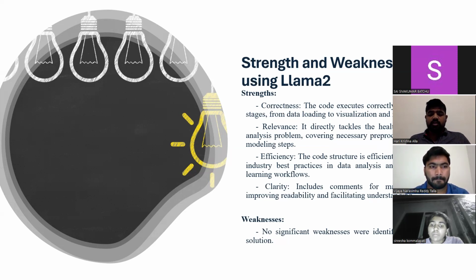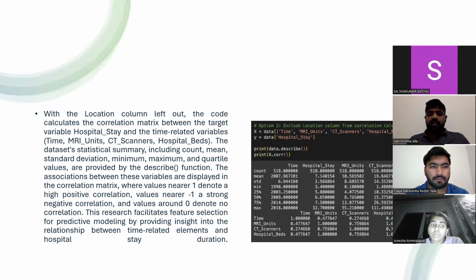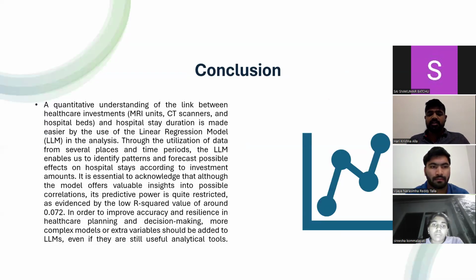And the conclusion of the comparative analysis of different LLMs is that the analysis shows trends in healthcare resource availability and their potential influence on hospital stays. Significant correlations guide feature selection for predictive modeling. Despite limited predictive power, the model offers a starting point for improving hospital stay duration predictions, aiding better resource planning.